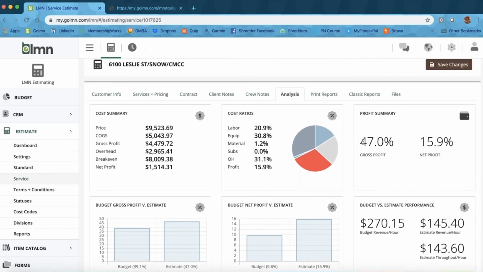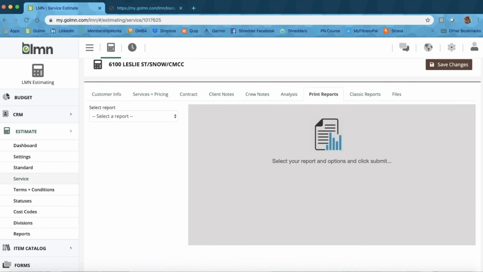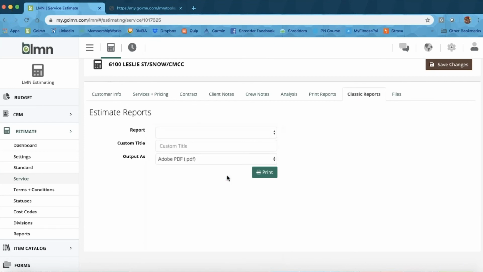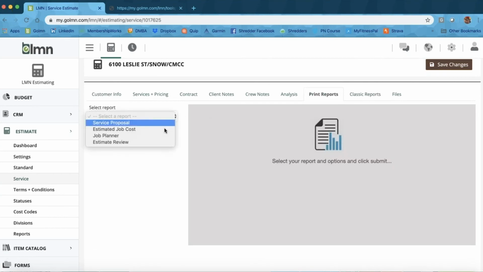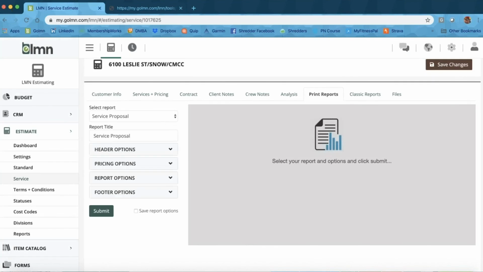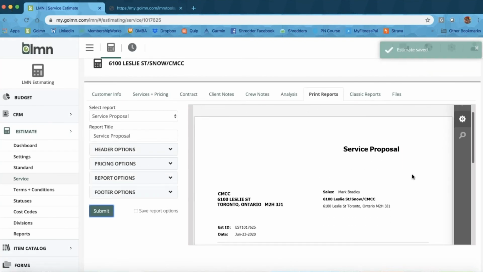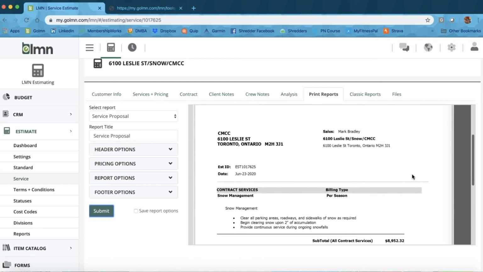And then the next thing I'm going to do is put a proposal out to the customer. So I'm going to go into my reports here, and I'm going to use a proposal with mixed billing because we're asking for a base monthly contract with additional, and you can name your proposals whatever you'd like. We could call this a winter management proposal. There we go. So I've got my service proposal up, and I've got my per season snow management price, and